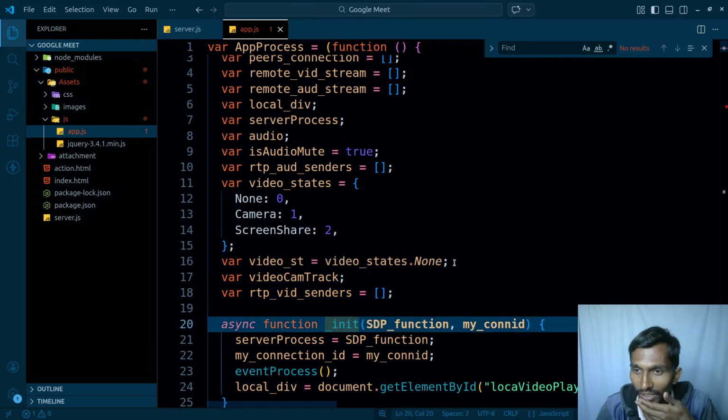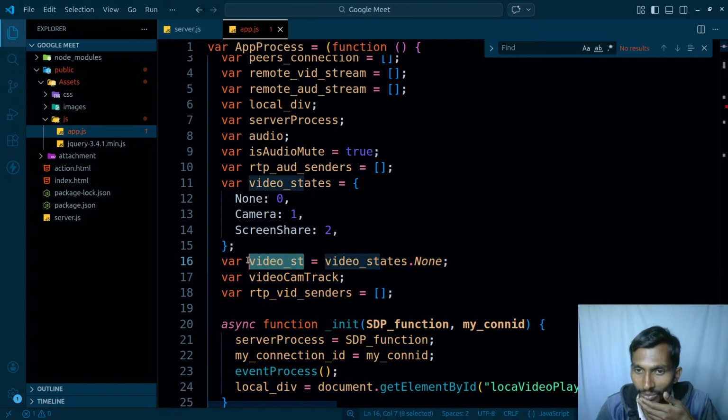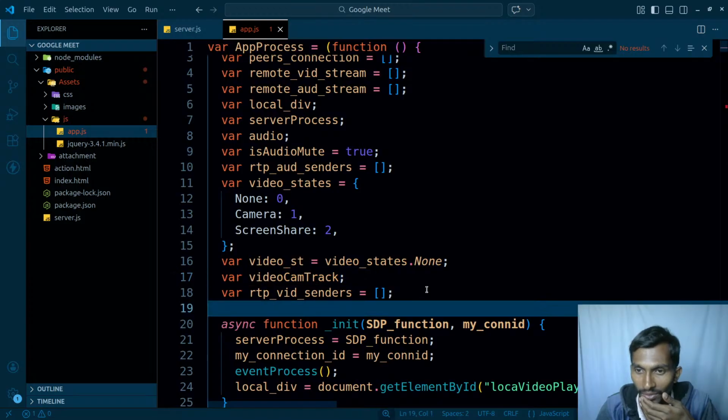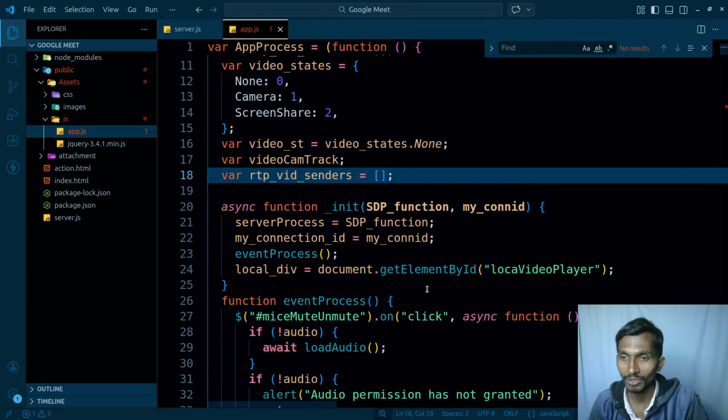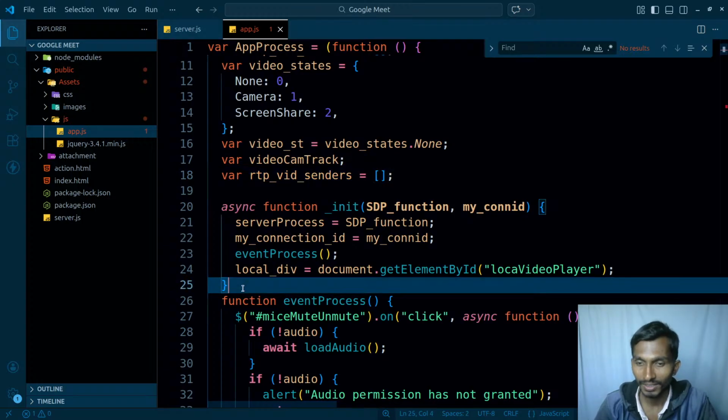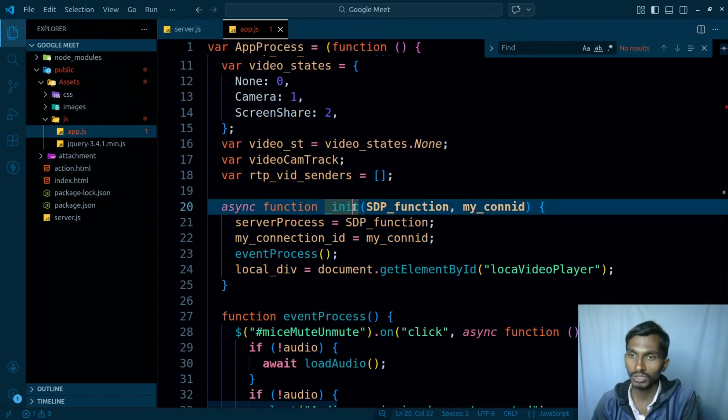Video states dot none. So it is just simply the video state, and video track, RTP video senders. Look, the code hasn't been written by me, but I will do my level best to just simply understand. Okay, this is initializing this stuff. So function init SDP function